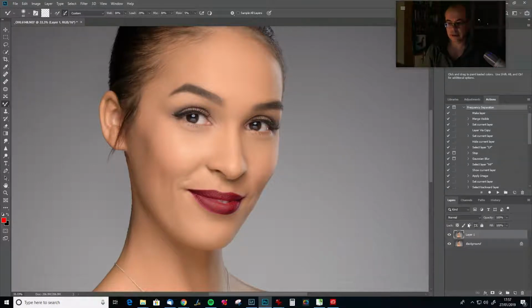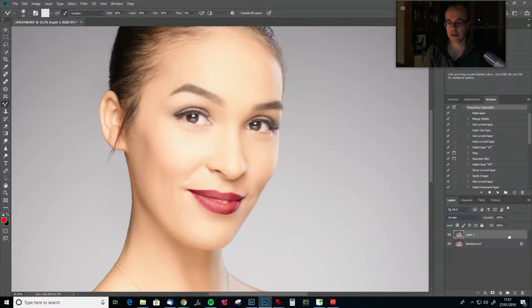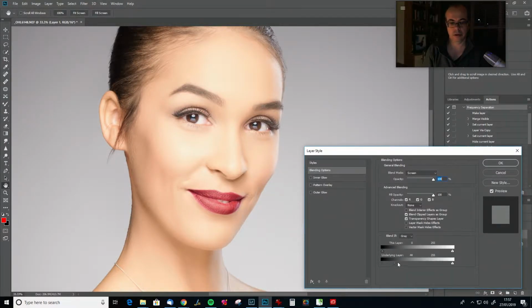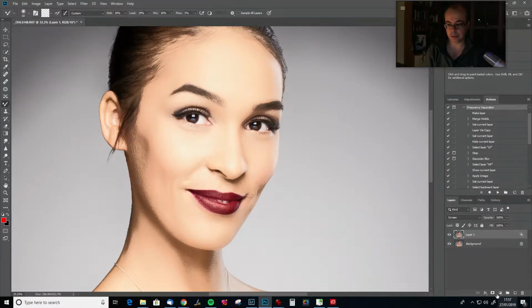And once we've done that, we'll just go to screen. Knock this off the darker layer because I just want to put a highlight on there. Just on the lips. Feather it a little bit. There we go. Obviously we don't want that on the rest,